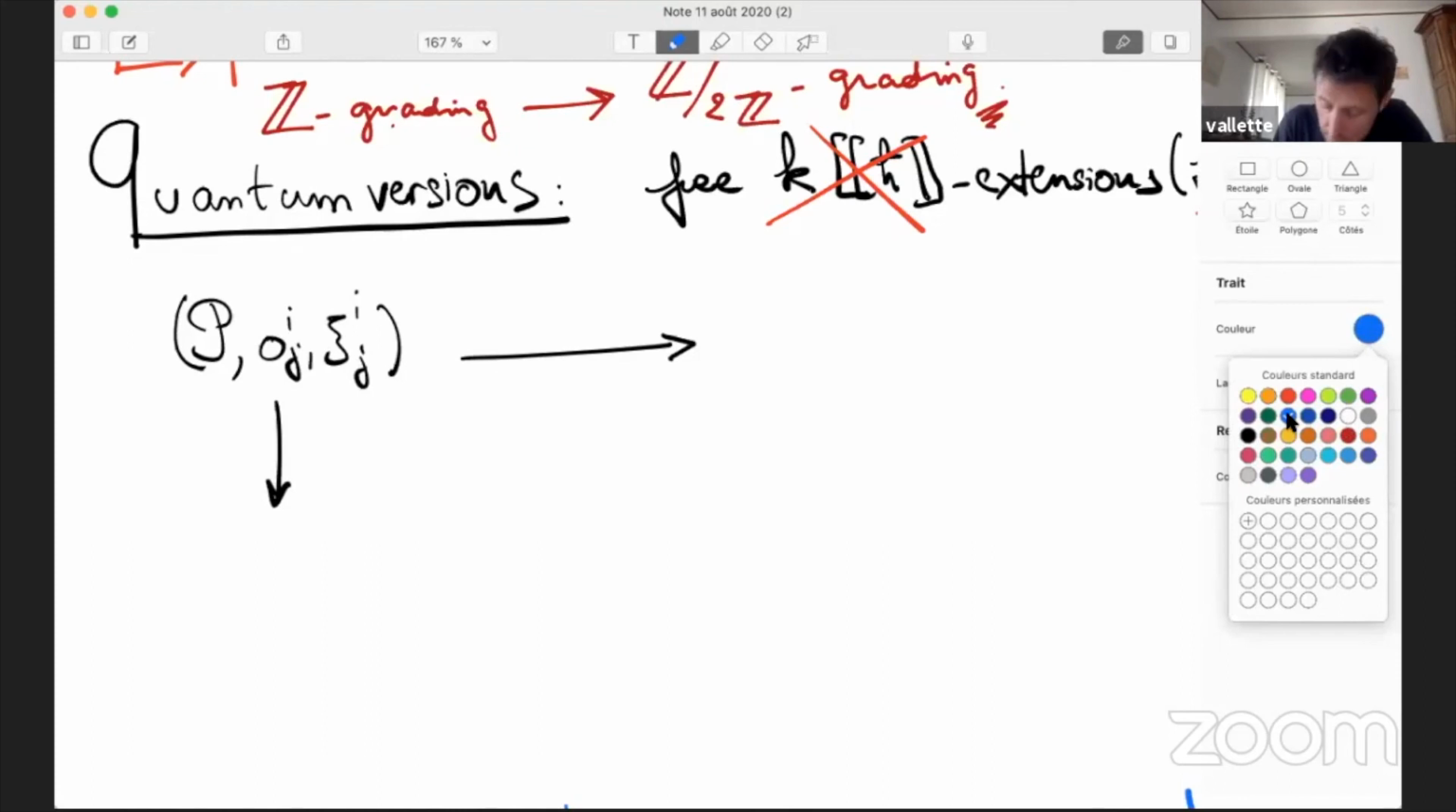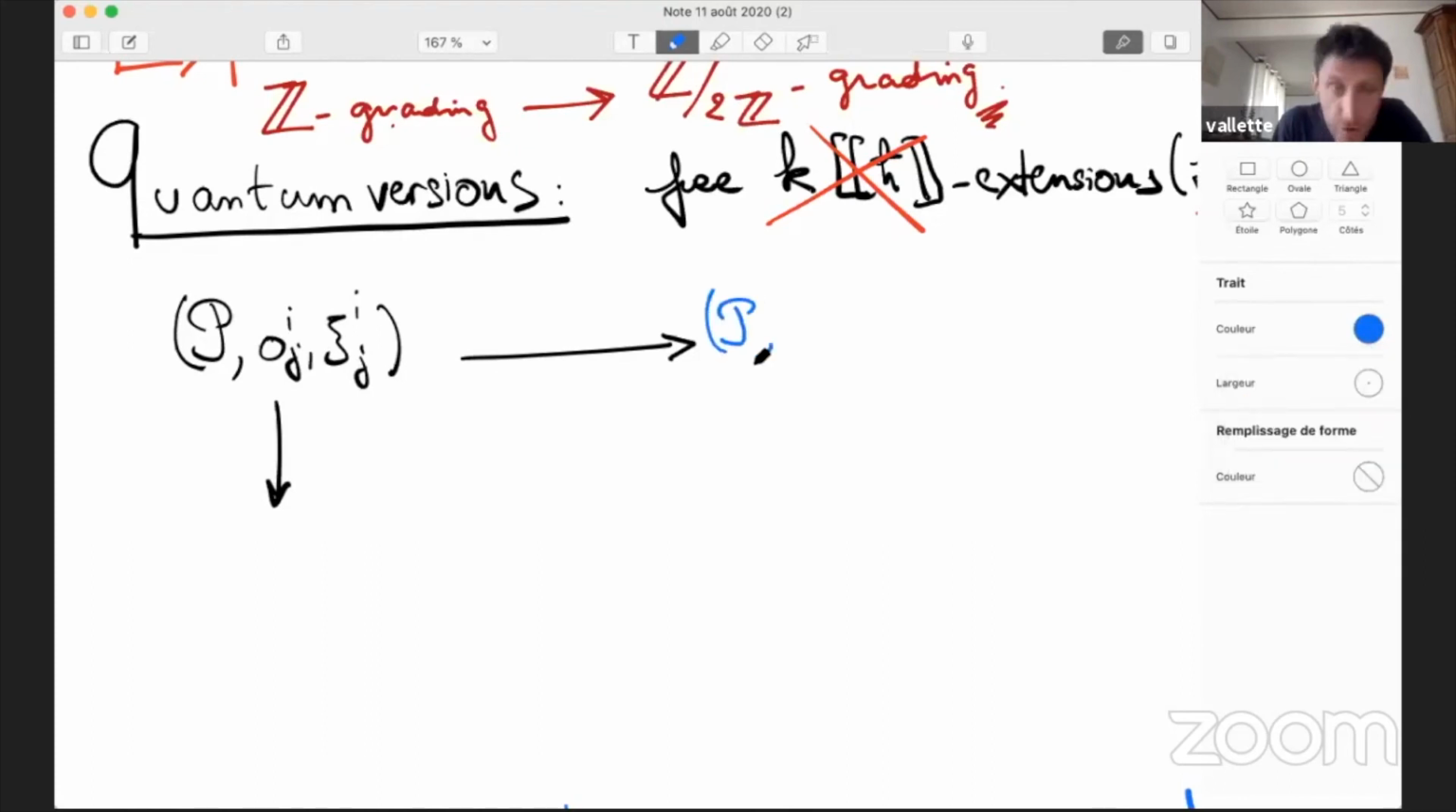By looking at P, you do not change that. Circle ij, you do not change. But now you put an h bar each time you do the contraction. So now the powers of h bar keep track of the genus. Okay, so remember when we were doing the totalization,